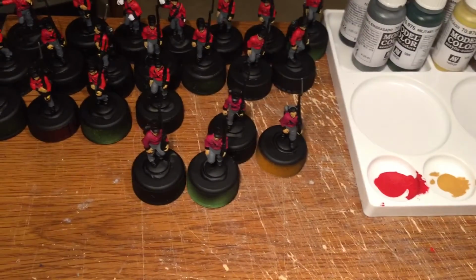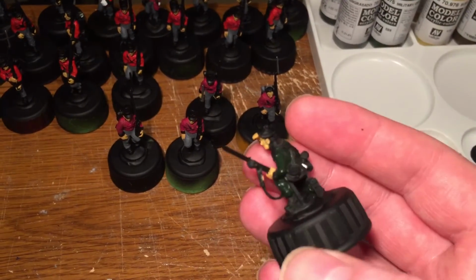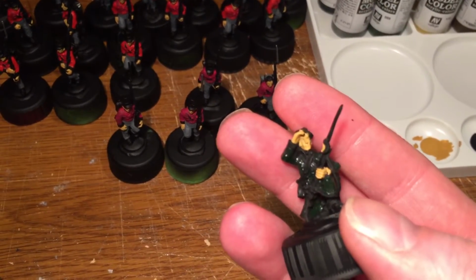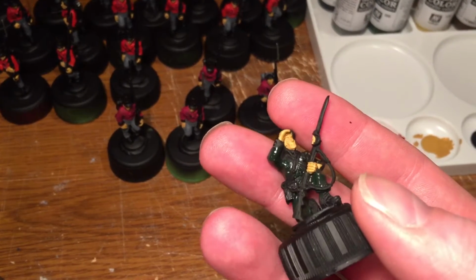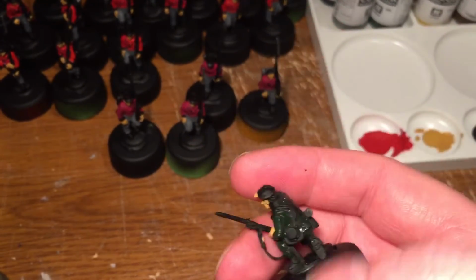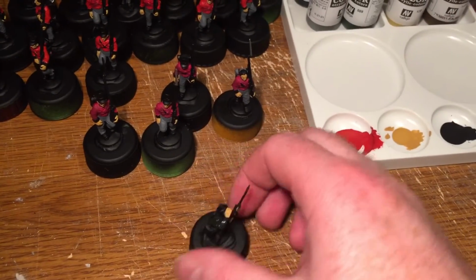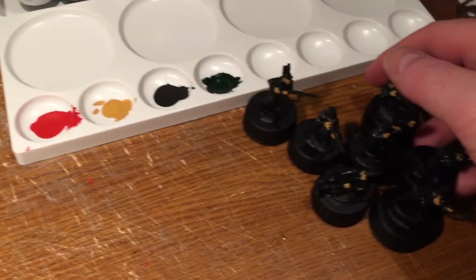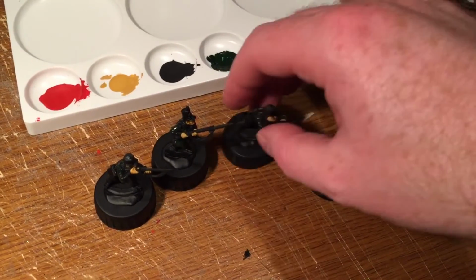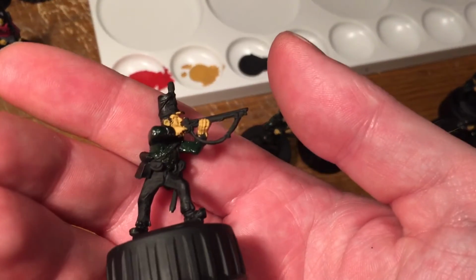So I primed up some of the 95th Rifles in black primer, and I've made a start on these guys. So literally all I've had is black primer, 1 coat of flesh tone, and then a coat of green, which appears to have dried shiny. That's actually bone dry, but never mind, the varnish will take care of those. So I've got 8 of these guys that I've primed and based for painting, all at the same stage, just as a break really from